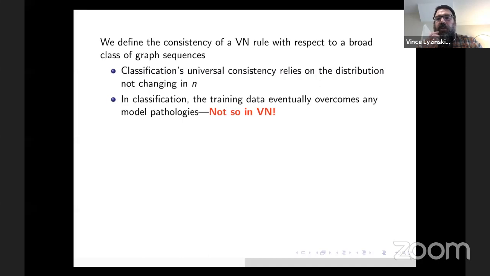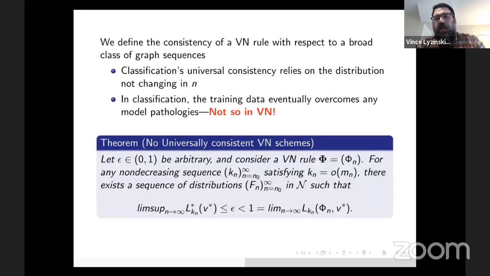And the training data eventually can overcome any model pathologies. This is not the case in vertex nomination. Even if the distribution is really not changing in n, we have this theorem that says that there is no such thing as a universally consistent vertex nomination scheme. And the theorem is actually